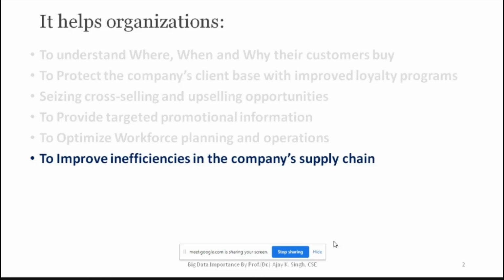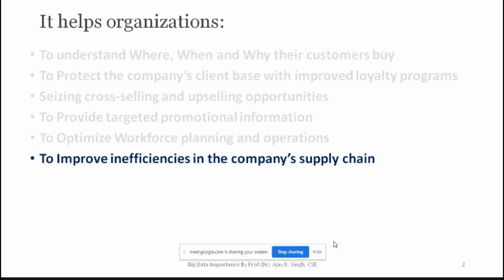Fine. Coming to your next point, to improve efficiency in a company's supply chain. You might know a little bit about supply chain. No idea? Just say, for example, I have some product, I have some shop, and inventory control is there. You already know inventory control. Suppose some product is not there, so we are going to purchase that product well before time, so that the customers don't get into problems, isn't it? That is what is called supply chain.